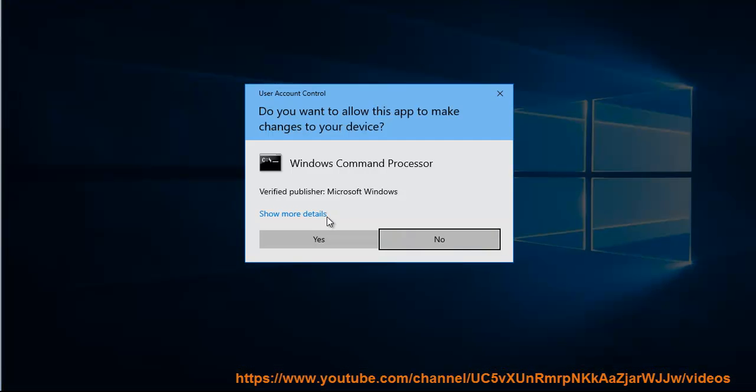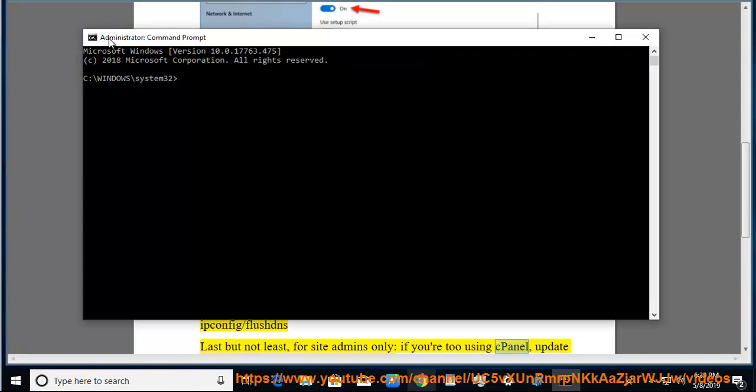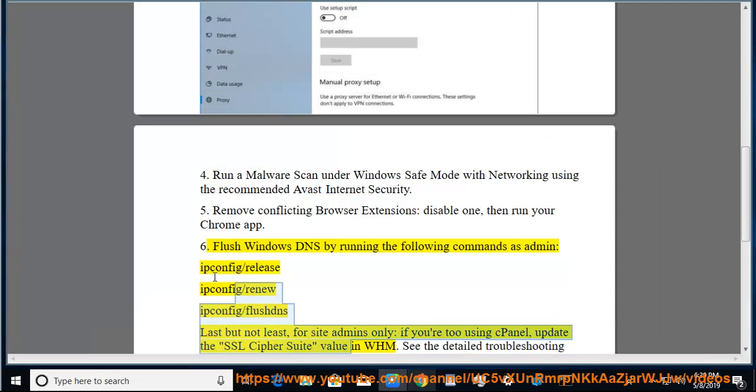Last but not least, for site admins only, if you're using cPanel, update the SSL cipher suite value in WHM. See the detailed troubleshooting tips at